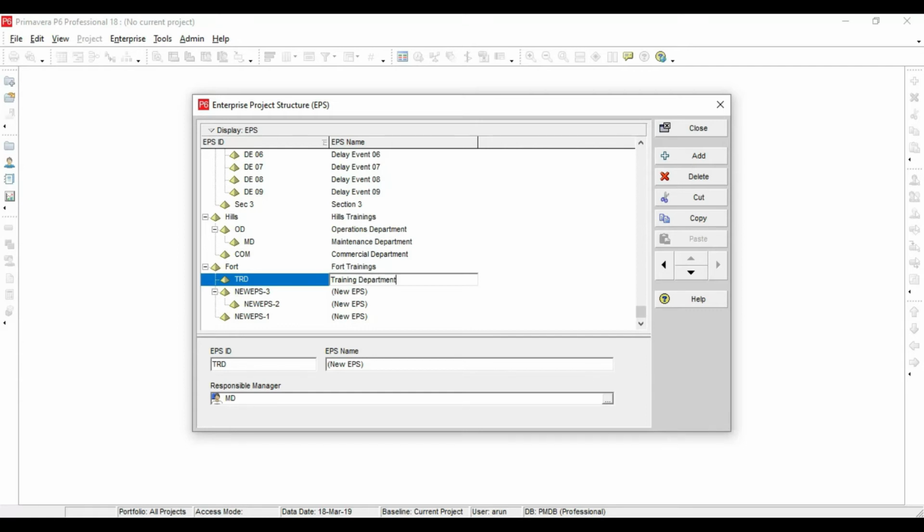Next method is to select the element, go to the bottom layout, and you can see EPS ID and EPS name. So select the EPS ID and enter the required ID